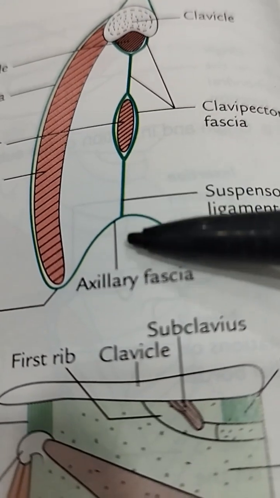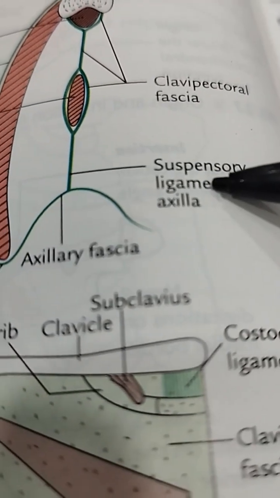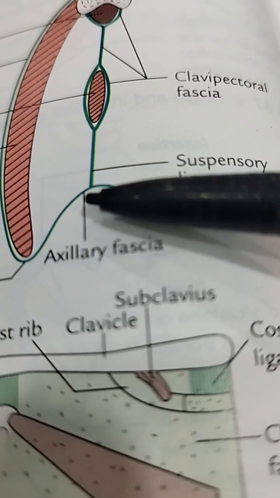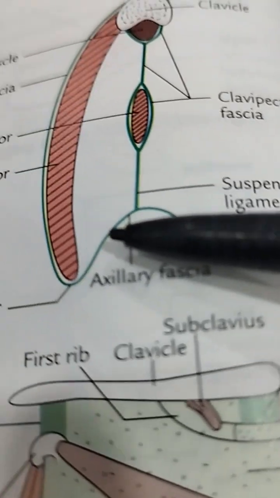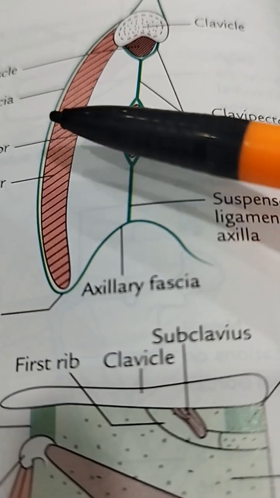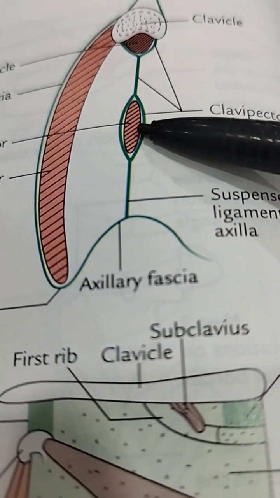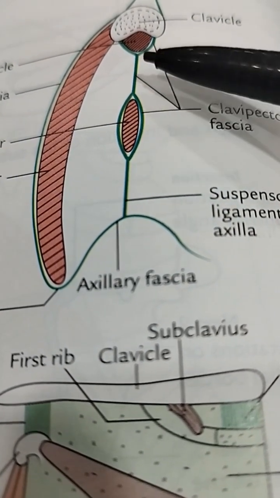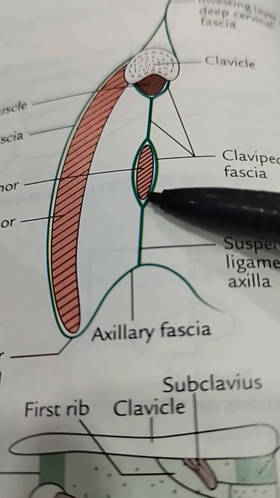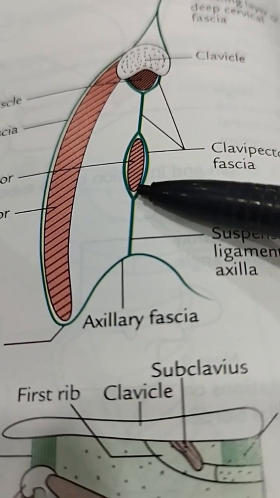Then it again forms the suspensory ligament of the axilla. Then it reaches and merges with the axillary fascia. See here, this is the pectoralis major, the pectoral fascia. Below, pectoralis minor is there. So the fascia which is extending from the clavicle to the pectoralis minor muscle,